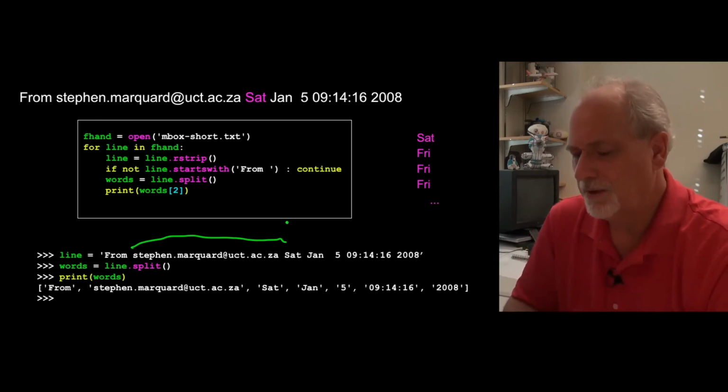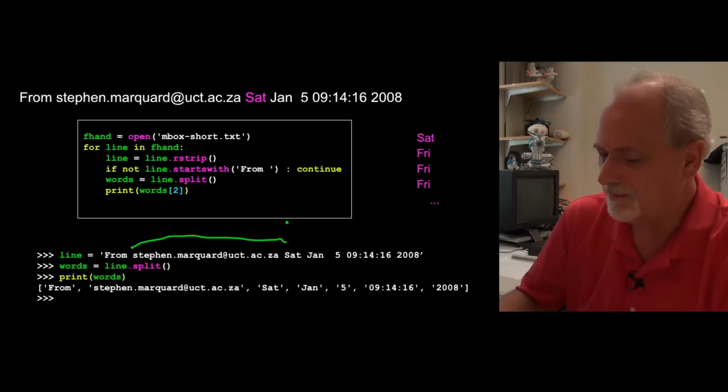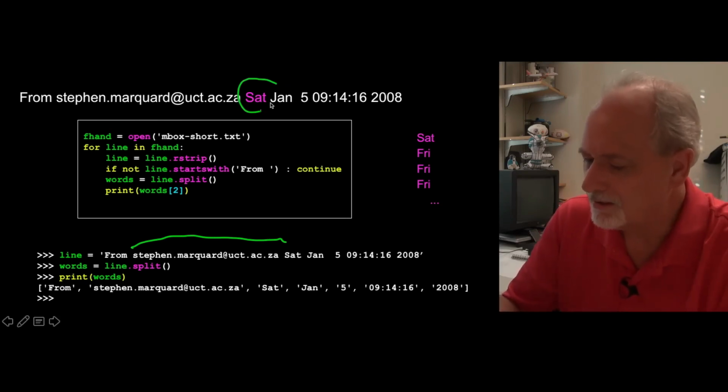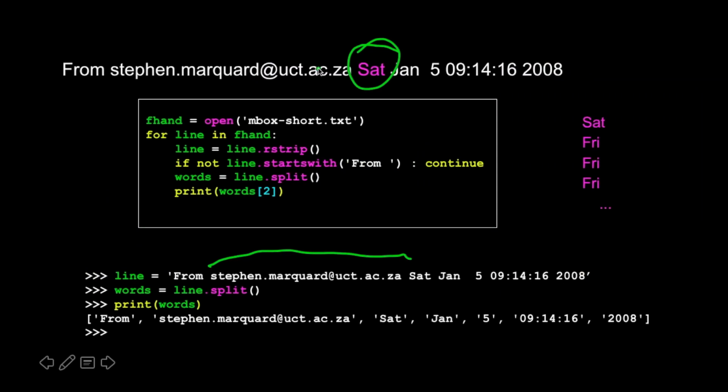And so here's a little loop that's just going to print out not the email addresses, but instead the day of the week. We're going to print the day of the week out for all these things. How do we do that? Well, we can observe really quickly that if we split based on spaces, it's the 0, 1, 2. It's the 2 position. So we can quickly write a bit of code that opens the file, then